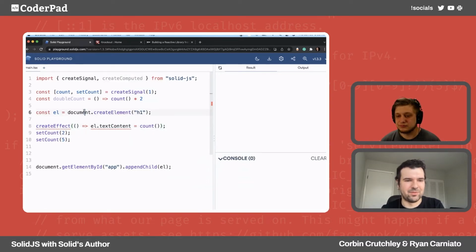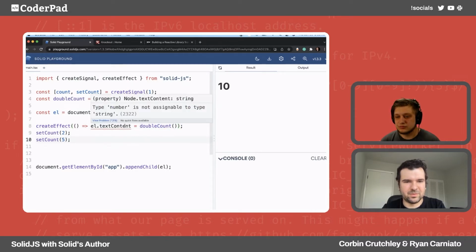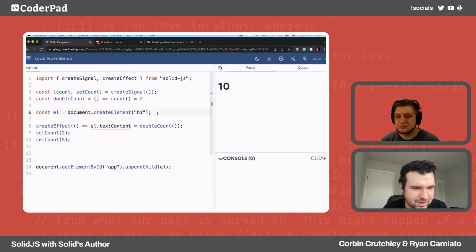It was just weird top level. There are slight benefits to createEffect in terms of execution timing. And I was showing double count, wasn't I? Why are you complaining? Oh, because of TypeScript.